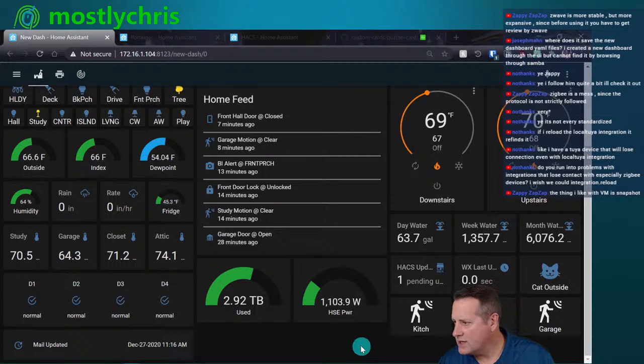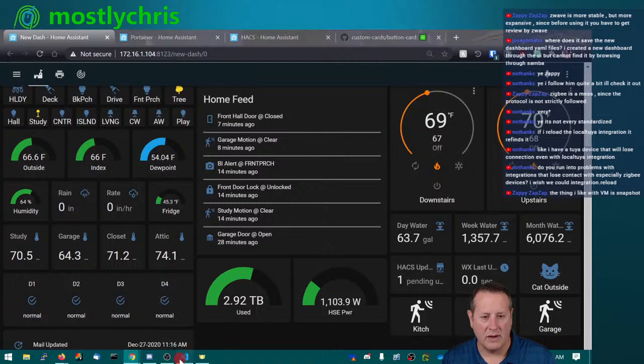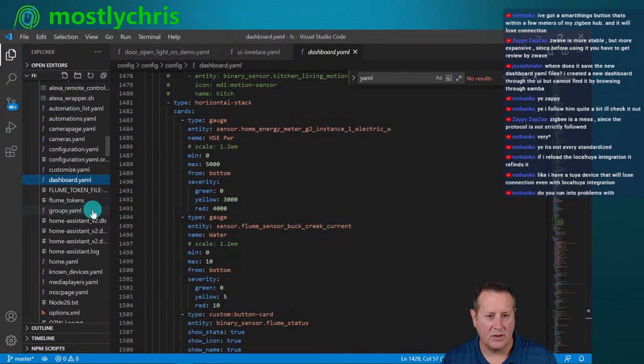Where does it save the new dashboard? YAML files. I create a new dashboard through the UI, but cannot find it by browsing through the Samba. Yeah, that's a great question. Where does it put that stuff? Does anybody know where it stores those